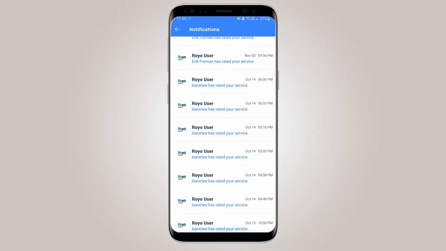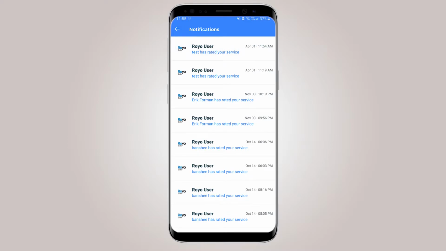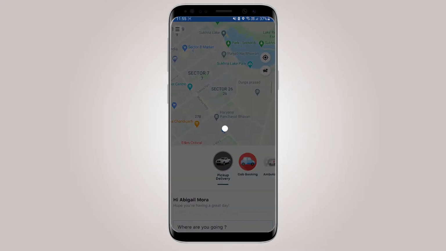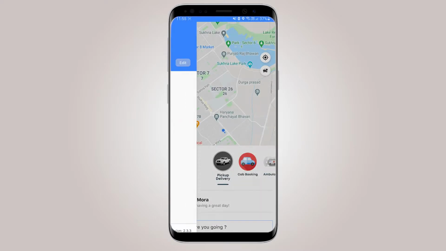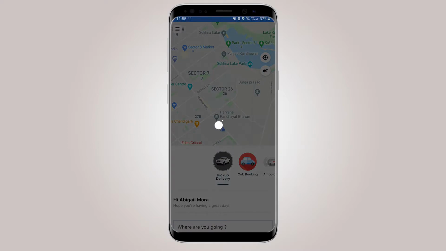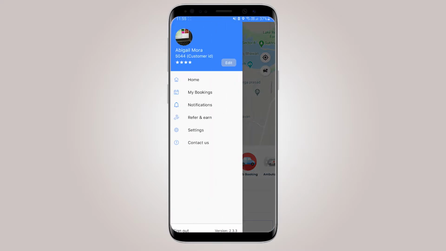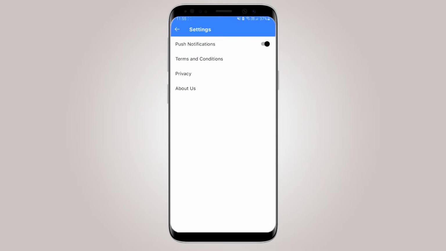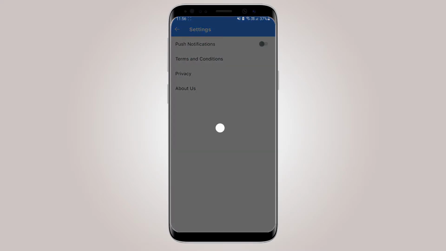You can enable them, or you can also disable them. You can check what all notifications you have got so far, and you can apply the refer and earn thing, which is again customizable through the admin panel that we will see in some time. In the settings section, you can turn off the push notifications.